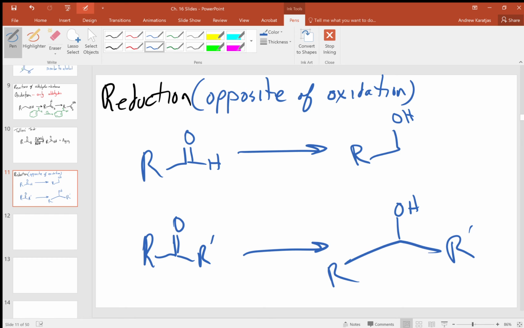And we see examples of these biologically. Again, when you're looking at any sort of biological pathway, when you see reagents like FAD or NAD, that often tells you that some sort of oxidation or reduction is taking place, and you might see this direct reaction in one direction or the other. How do we do it in the lab, though? Well, there's a few different ways that we can do it, but the most common method is to use